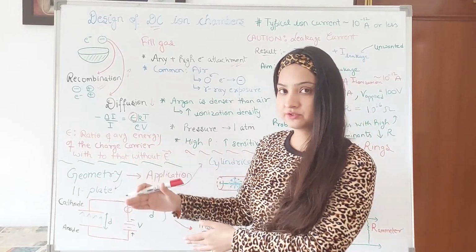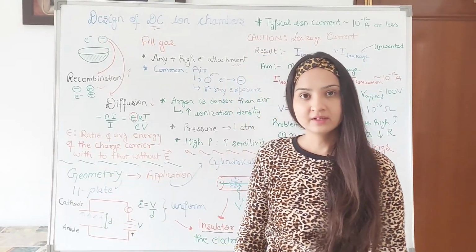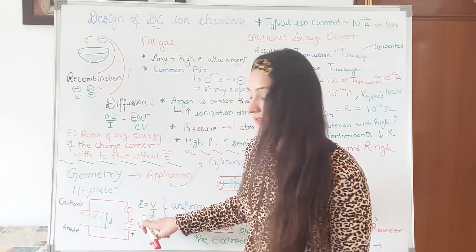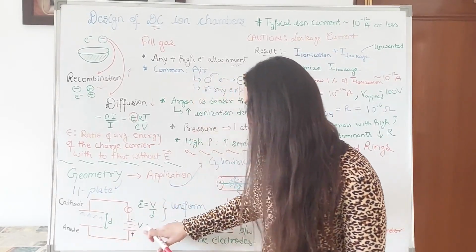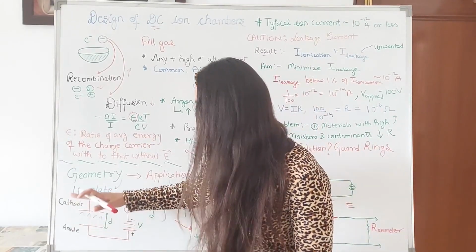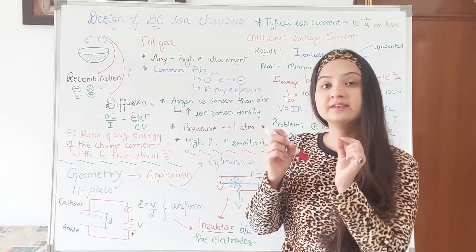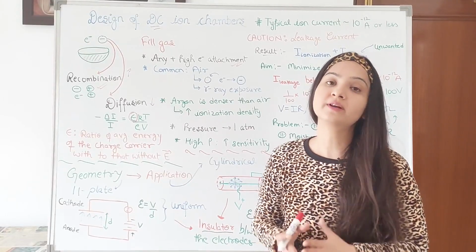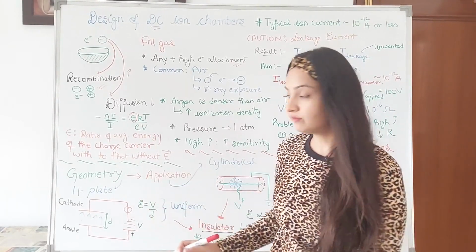Parallel planar electrodes are placed parallel to one another. Cathode is the electrode at negative potential and anode is the electrode at positive potential. So this will be connected like this. These are parallel plates, and the expression for electric field that you will be obtaining for such